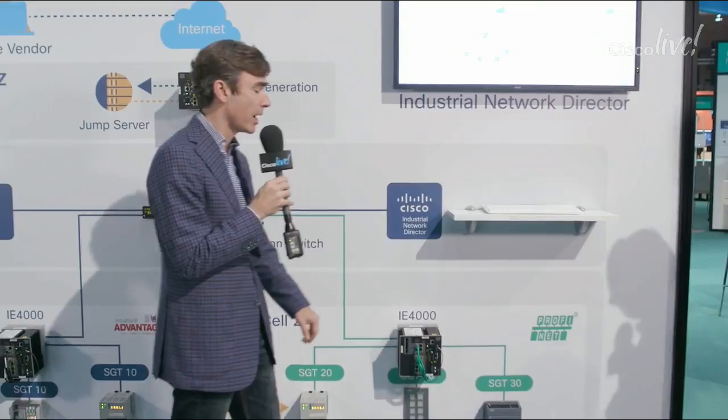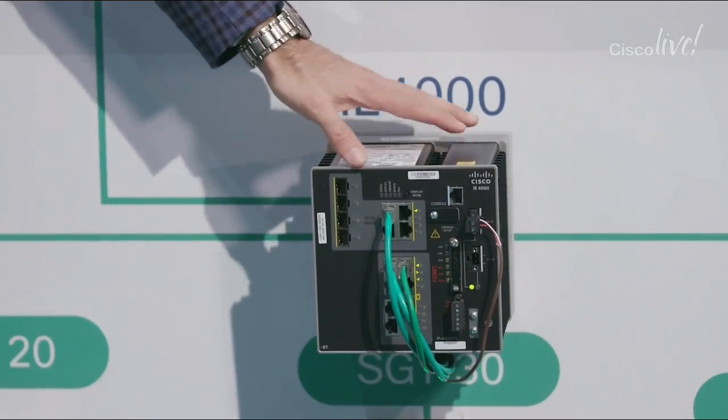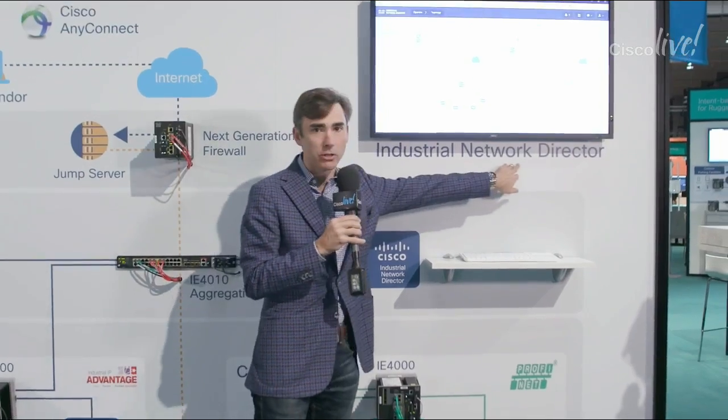Yeah, absolutely. So 2 things that we're really talking about in this particular demo. The first thing is about this idea of IT-OT convergence. It's the idea that you have IT policies that are set, but then implemented on the OT side of the house. And that's what we're really showing right here. We have 2 topology rings, one Profinet, one EtherNet/IP behind me. And we use this tool, the Industrial Network Director, that takes a policy down from IT, so set in IT